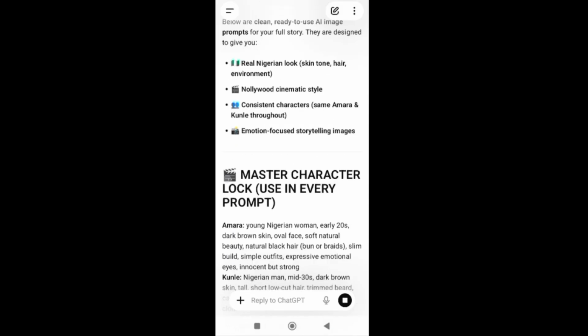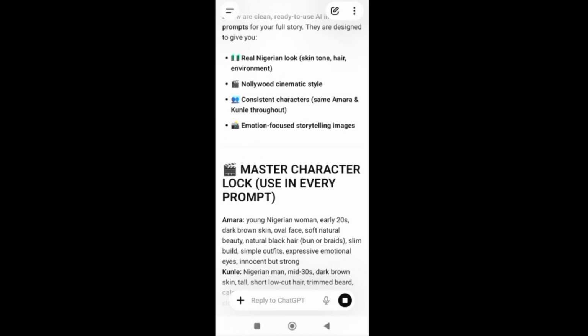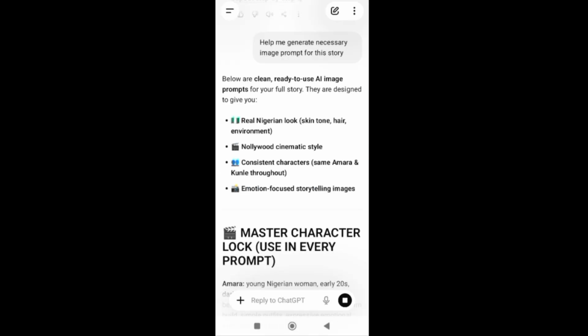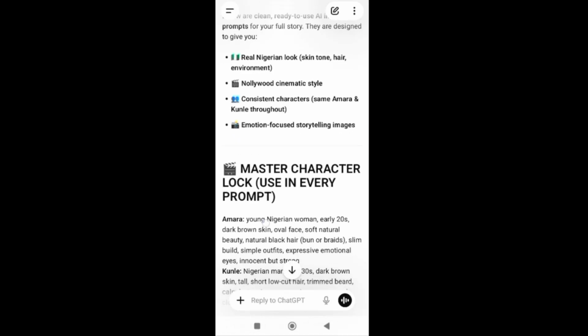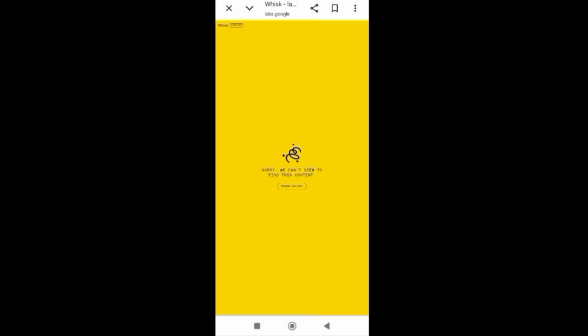Now it's time for us to generate our images. We can do that using ChatGPT, Meta AI, but for the purpose of this, we are using Wix AI in order for our movie scenes to have a very consistent character. So you head over to your browser and type Wix AI. Then it brings you to this particular interface where you have to sign up using your email if you haven't. So after signing up,